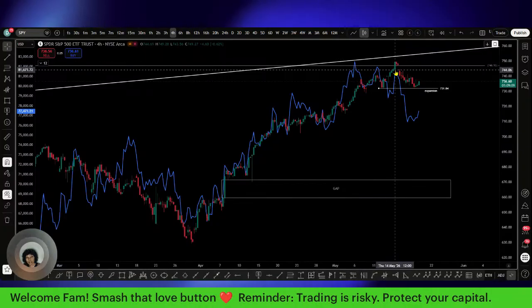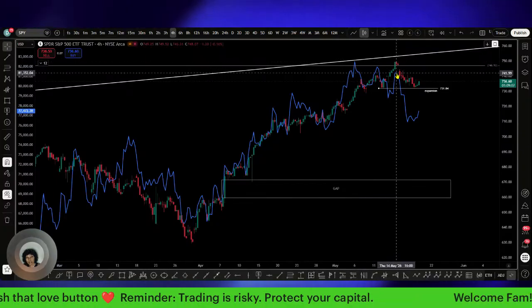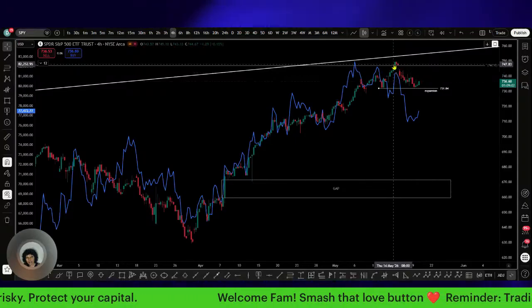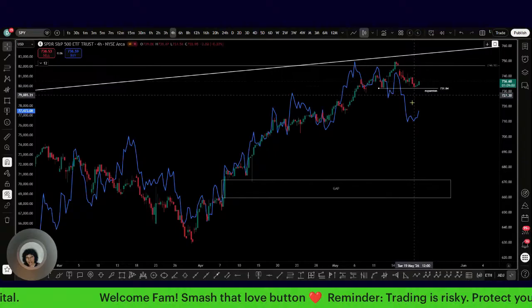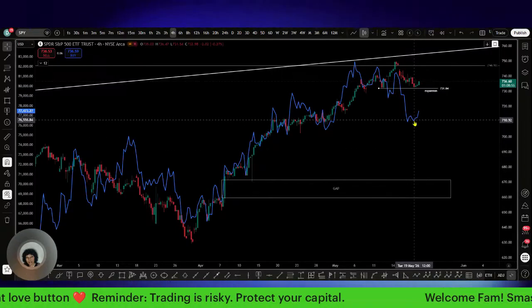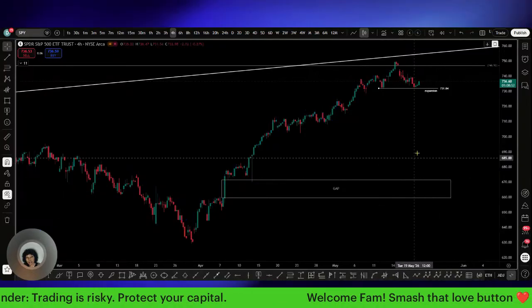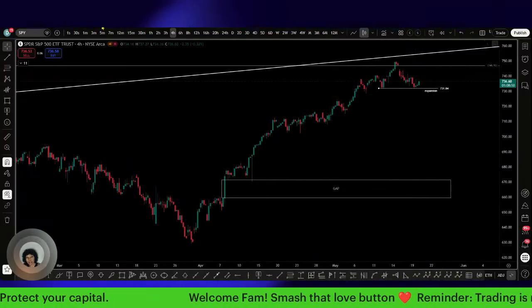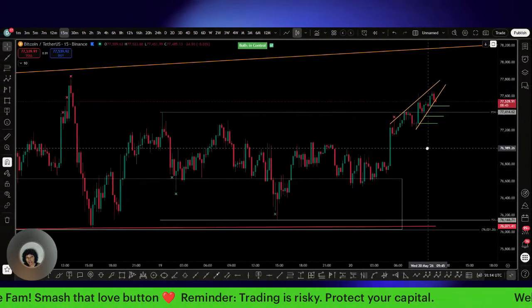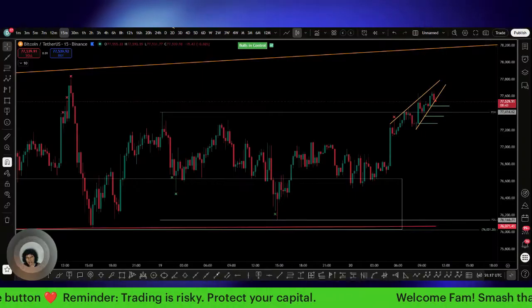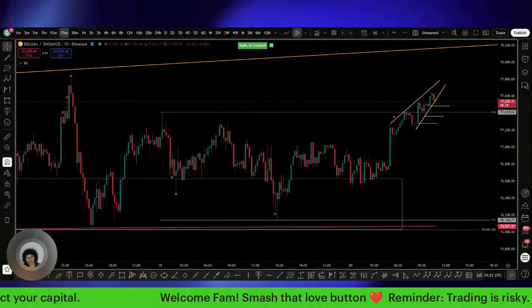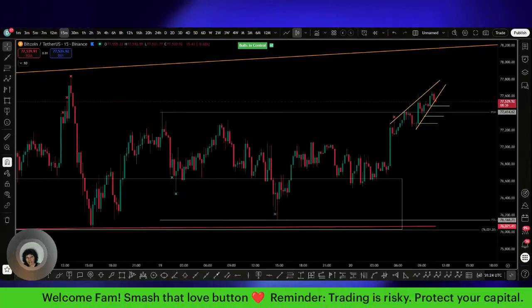I took the short from here, but this is absolutely brilliant. This one is brilliant right here. And then there she goes right there down into this support right here. So really need for SPY to, it's going to make a difference with Bitcoin today. It will make a difference with Bitcoin today. And I hope it's not doing all of this for the sake of NVIDIA. But I mean, NVIDIA is a big deal.